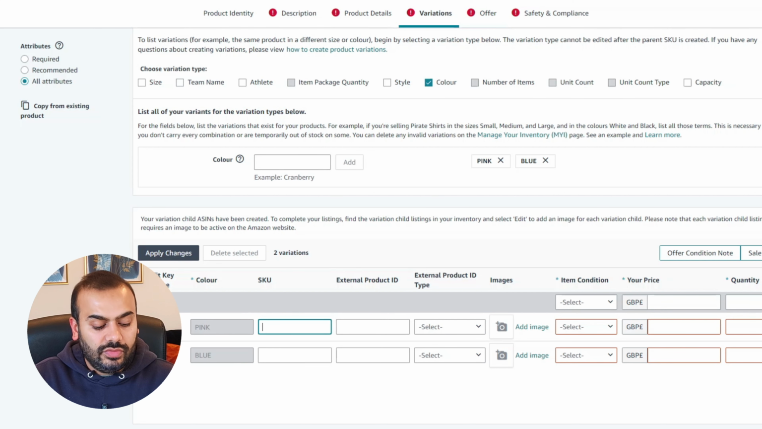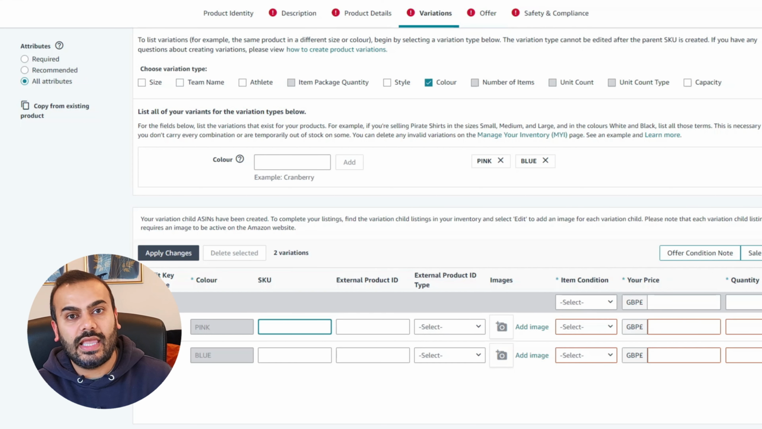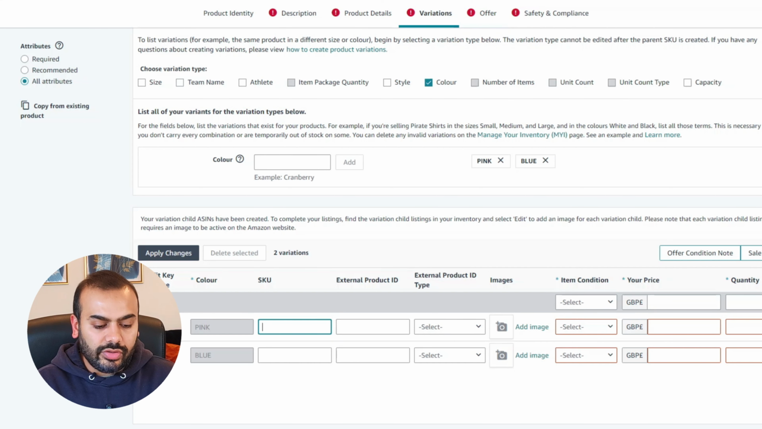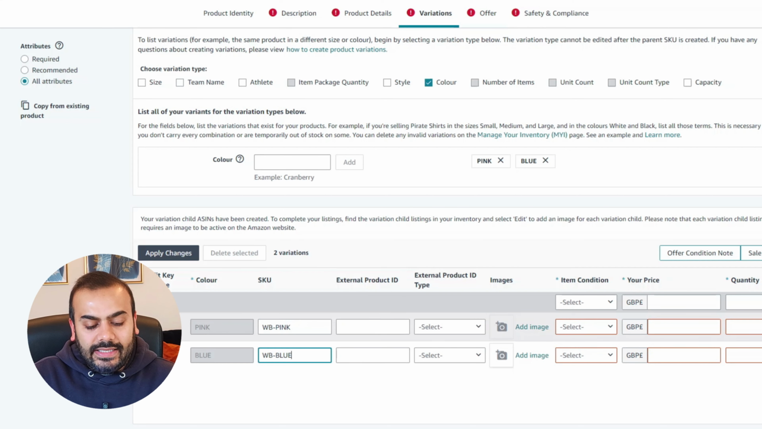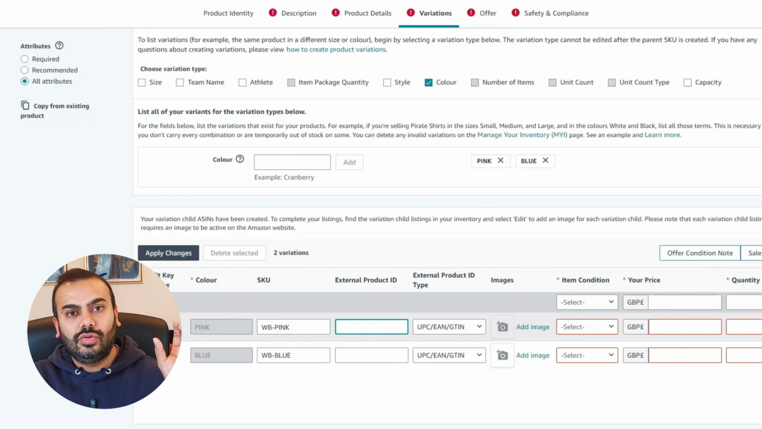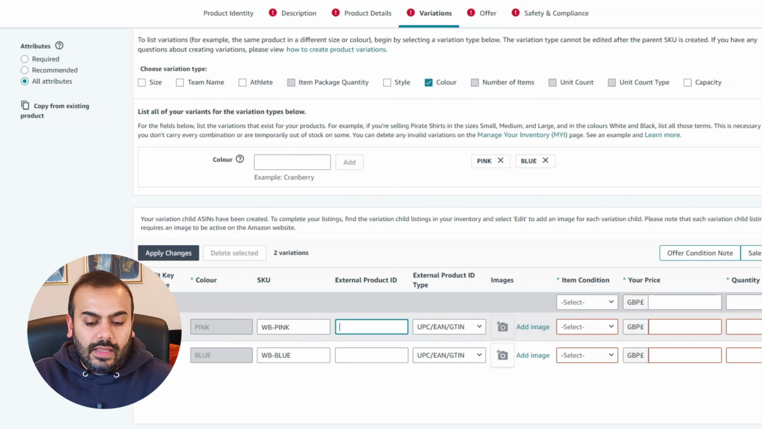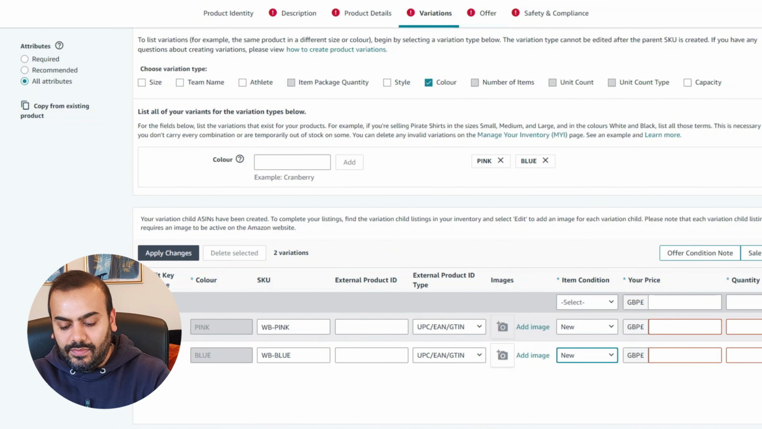So here you need to write a SKU. So SKU means stock keeping unit, and this is just an internal thing for us to recognize our product. So let's say I'm gonna put water bottle, and then I'm gonna make it pink, and then the other one I'm gonna call water bottle dash blue. And in the external product ID tab, you need to select the UPC on both. You need to paste that barcode in this field, and here you need to select new, and then your price, you just put any price,